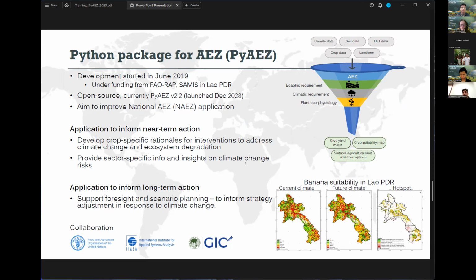We're also looking to provide sector-specific information and insights on the climate change risk. As for the long-term actions, we're looking to support the foresight and scenario planning to inform policymakers on strategy adjustment and how to respond to climate change. For the plot here on the graphic on the right, on the top part, I think it's what Gunther has already mentioned. So for the AEZ framework,